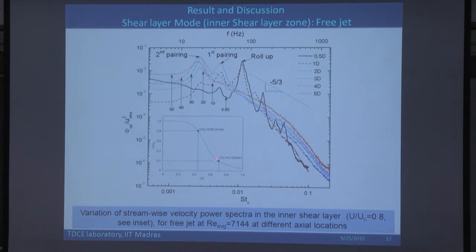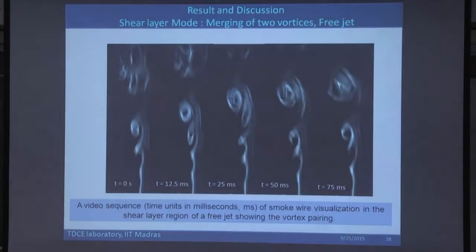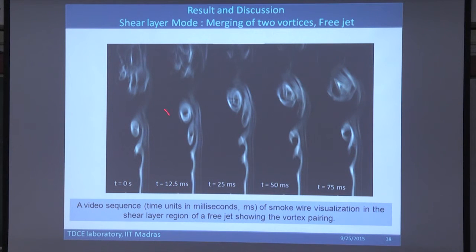So this has been done in an inner shear layer. You could see that there is some sort of Strouhal number corresponding to 0.01. You have the first pairing and second pairing. So these all contribute to the shear mode instability. So you have the first vortex. The first vortex goes and merges with the second vortex. Then you have two vortices together. I think I have shown two pairings, and then all of this together. This large vortex will become unstable and contribute to fully developed turbulence.